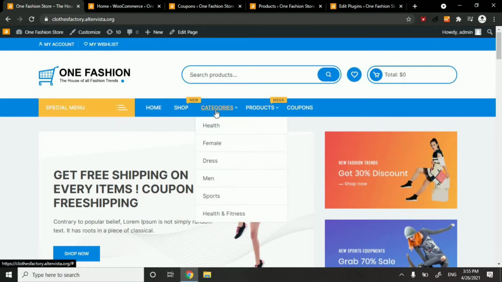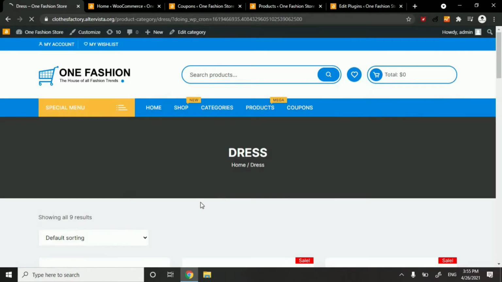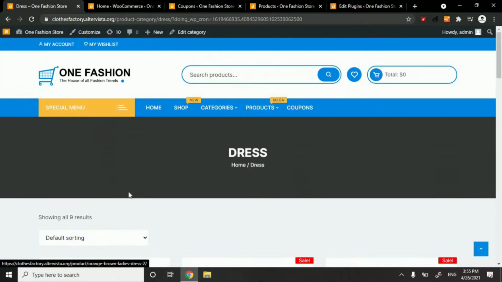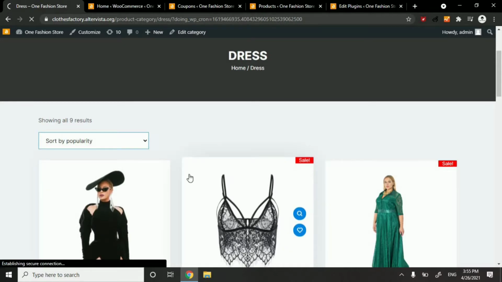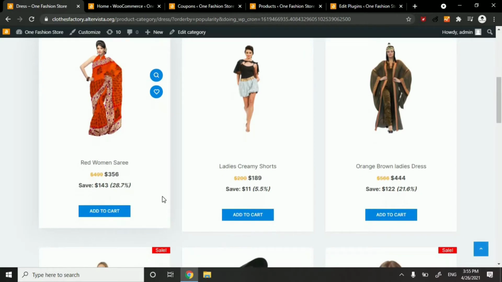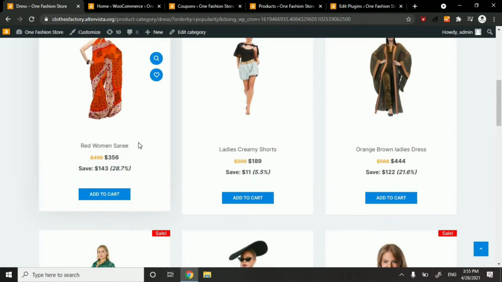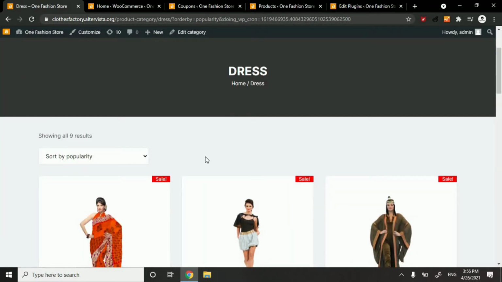By going to another section, like by clicking on a particular product, you can find different types of products available in a particular category. If you want to sort the products by clicking any option, let's take an example and click on sort by popularity, you can see the results according to popularity. So this is ranking based on popularity. So you can filter all the products from different categories using the filters.